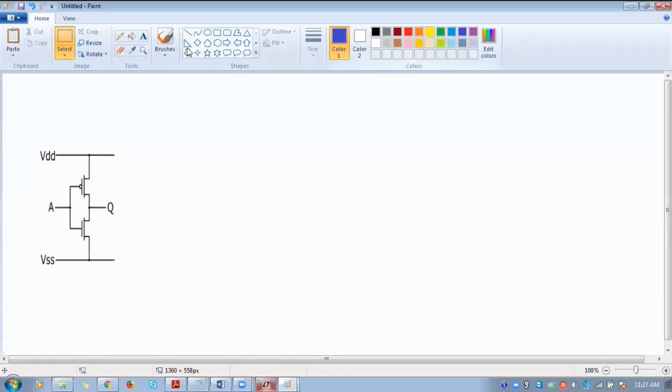So initially we have to draw the supply rail and the ground rail. So supply rail, ground rail.